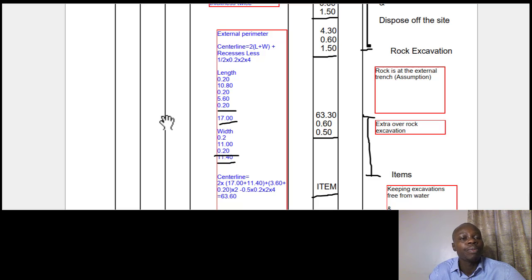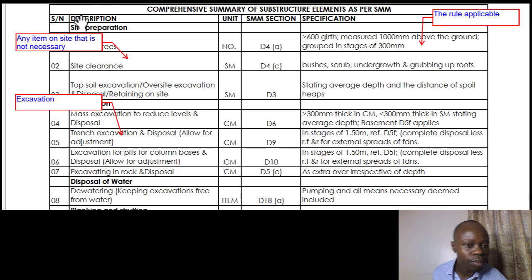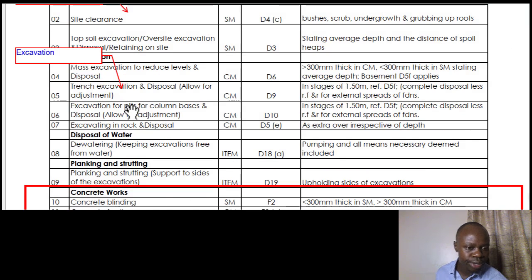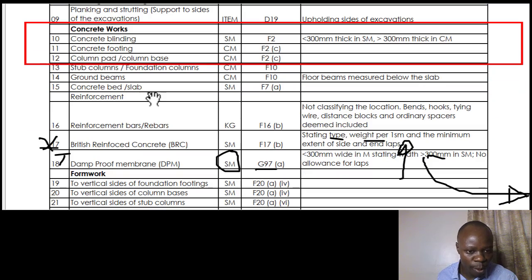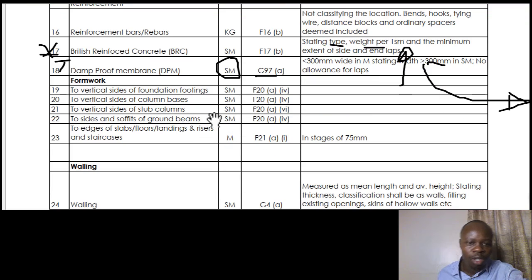Identify the item, okay, identify the rule of an item, then get to the plan, see what the item is, then in reference to the rule that you've talked about, get the dimension that you need, and you'll be good. So let's see, from the rules we get to see formwork. We have formwork here. So for the formwork that is now in our item, that is coming to be item number,